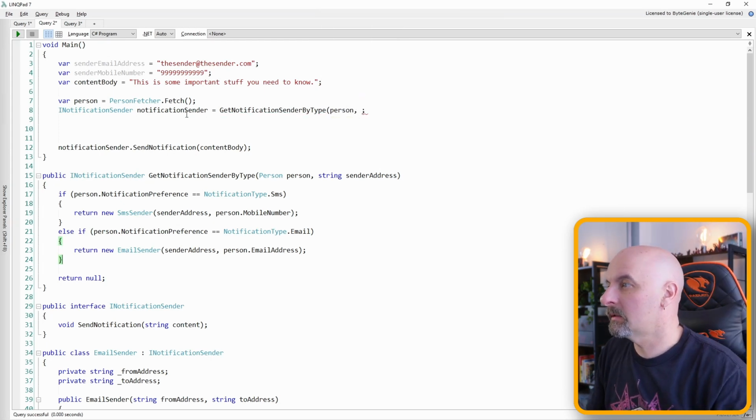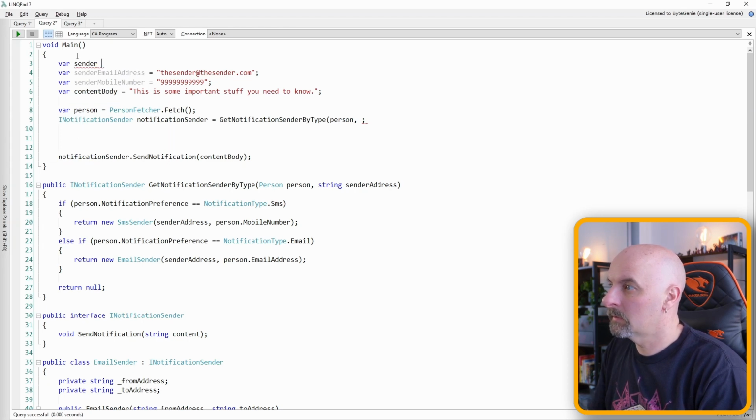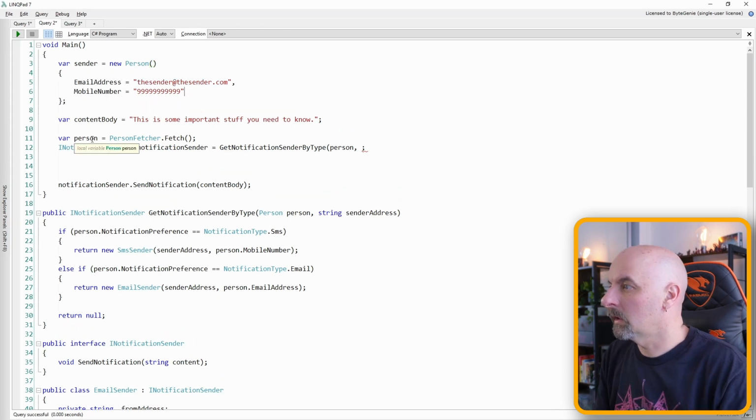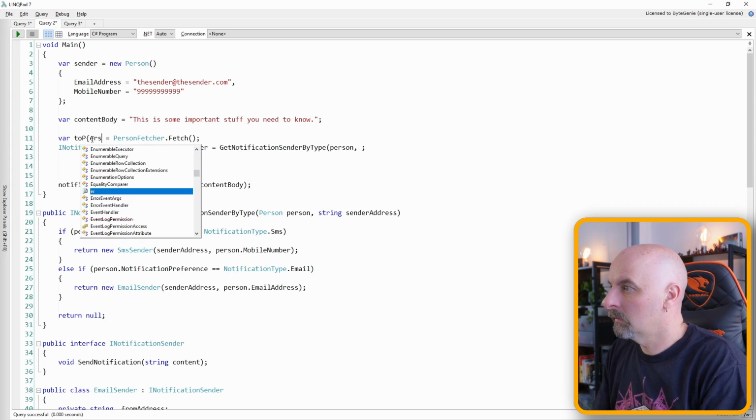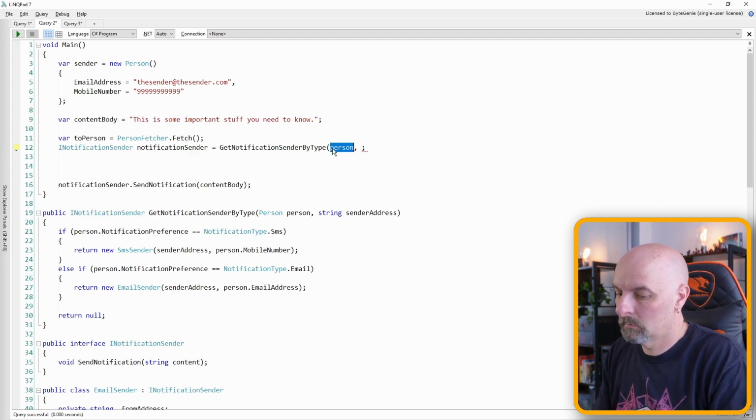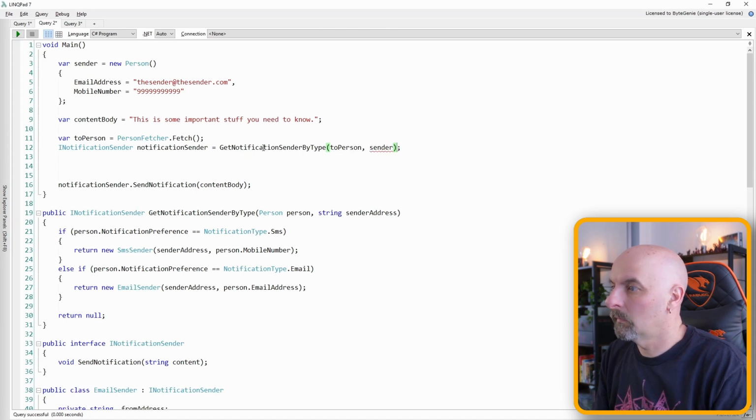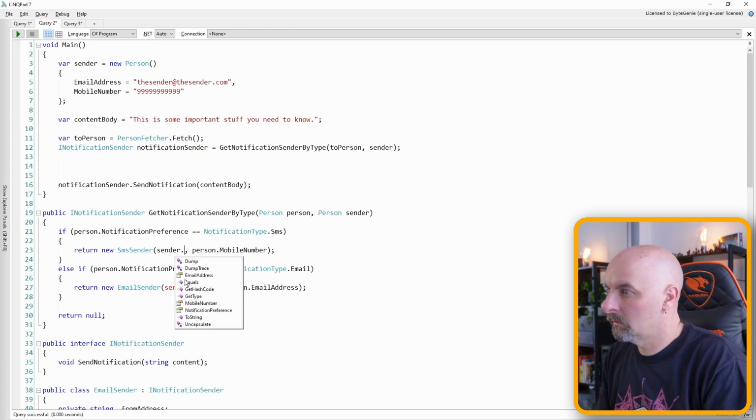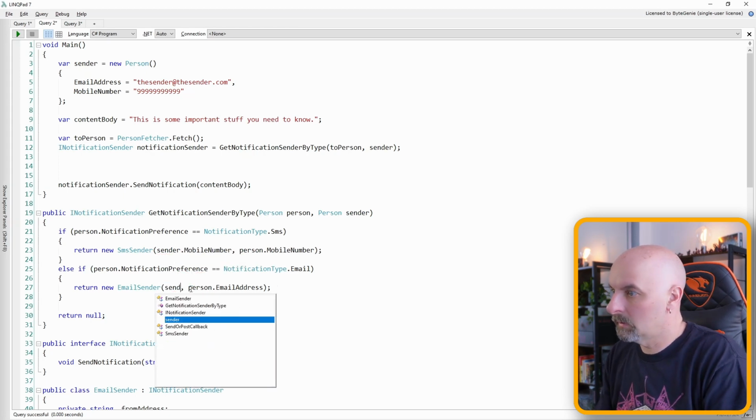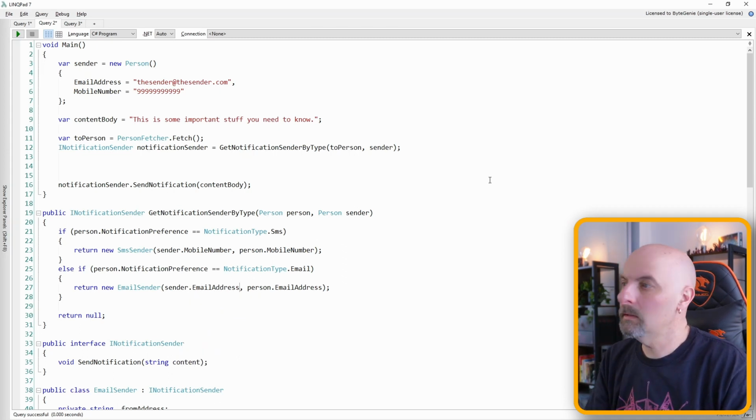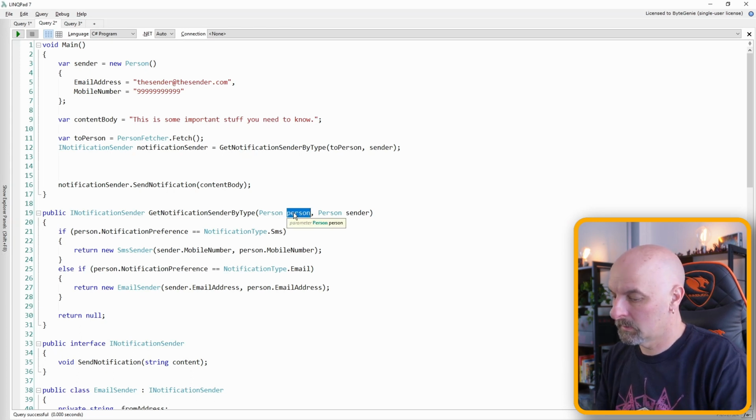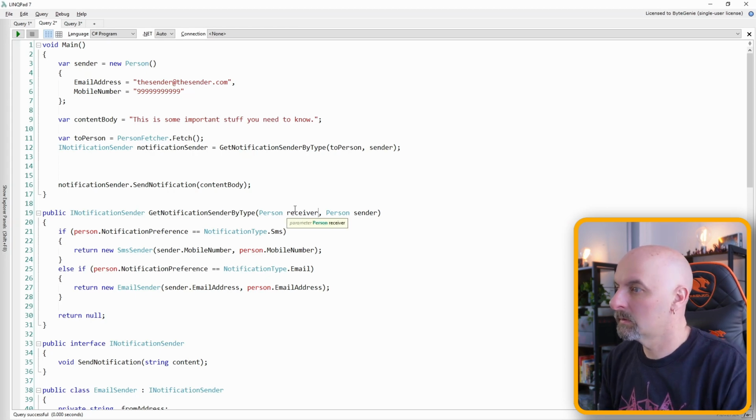So at this point it's pretty obvious that this was quite a bad design, and we really need to rather put this into a sender, create a new person class here. Okay, so this is the to person or the receiver, and then we've got the sender and notification. So this won't be a sender address anymore, this will be person as the sender. So this will be sender address dot mobile number, this will be the sender dot email address, and then let's change the name of this to be receiver,